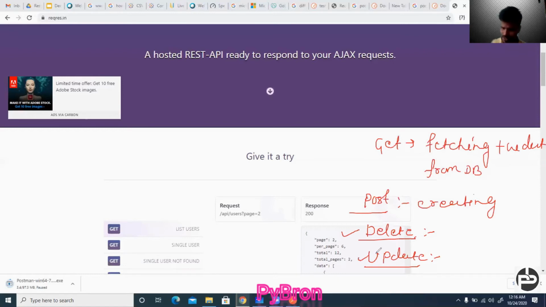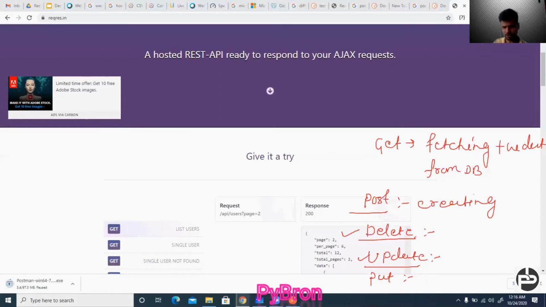Hope you understood this. And there is one more method, PUT. There are so many methods, don't worry about it at all, but generally people use these 4 or 5 methods only. PUT is kind of like POST only, guys, there's not much difference. So if you want to create new data in your database, you can use the PUT method. Hope you understood the different kinds of REST API methods.